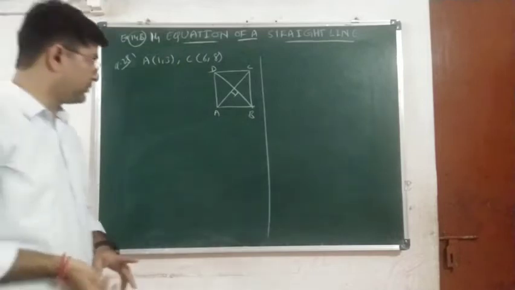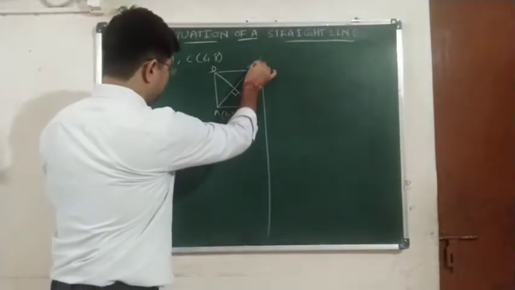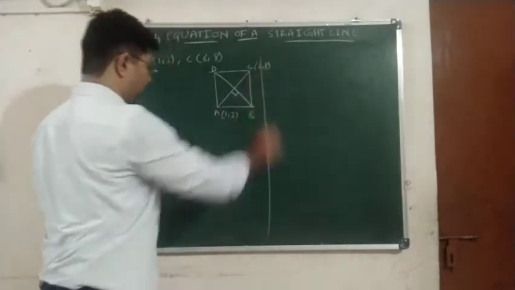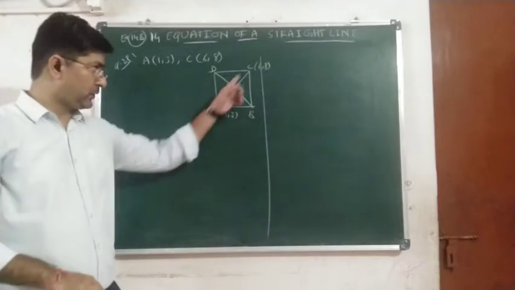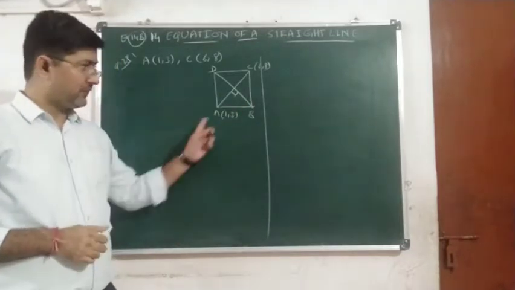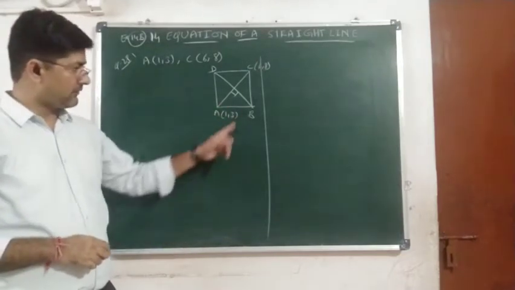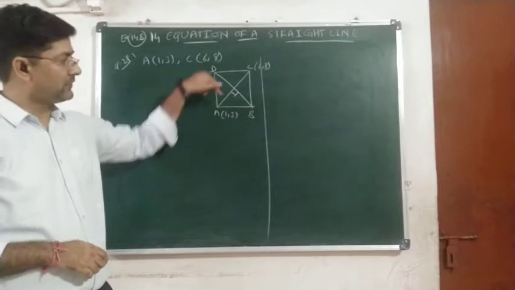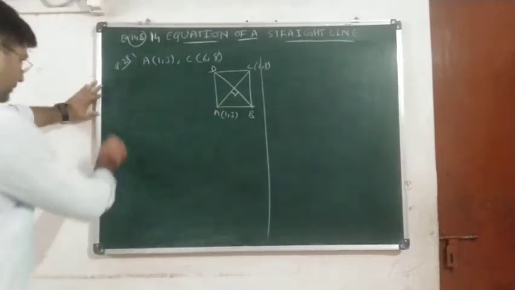So just opposite of the previous question, question number 24. Now you know what to do. We are given the coordinates of vertices A and C, so we will find out two things. We will first find the midpoint of AC, because midpoint of AC and midpoint of BD are equal. And then we will find the slope of AC, because AC and BD are perpendicular. Therefore slope of BD will be -1 upon slope of AC. So first we will calculate the midpoint of AC.